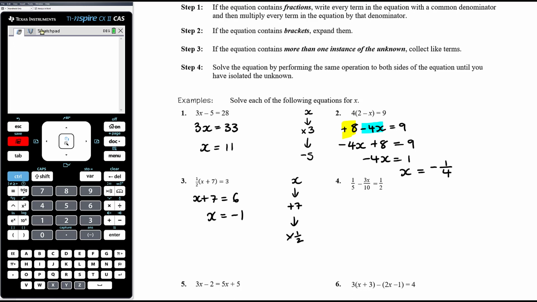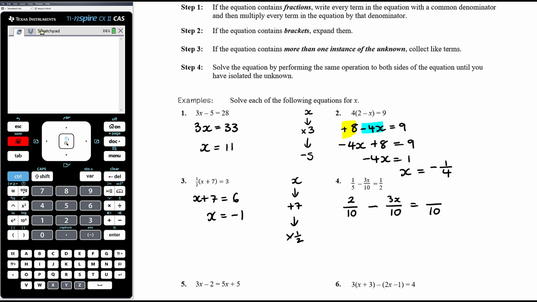I'm going to focus first of all on writing everything with the same denominator so that I can then eliminate the fractions. So the lowest common denominator here is going to be 10. All 3 of those numbers go into 10. So I'm going to write all 3 terms over 10. Now the second term is already over 10, so we don't need to do anything to that. That's still minus 3x. The first term, the denominator was 5 and it's become 10, so we've doubled the denominator,